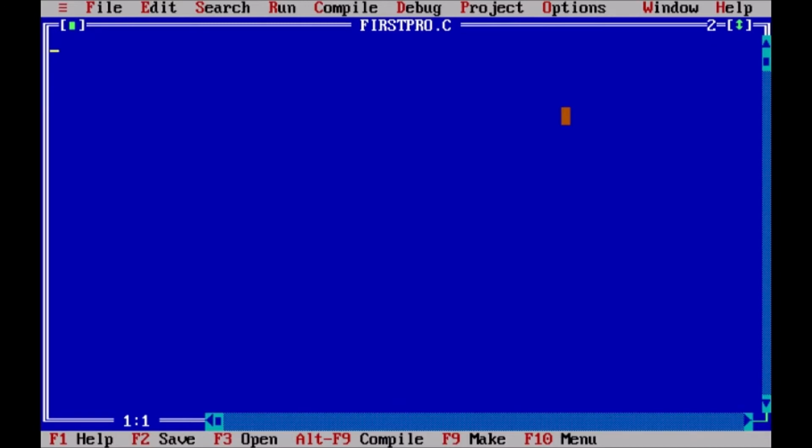The very first step is inclusion of the header files. Let us type it. So let us first understand what are header files.